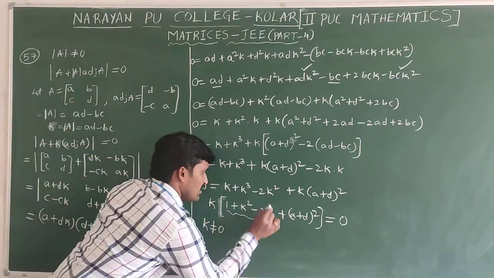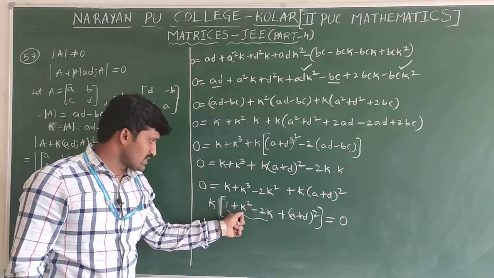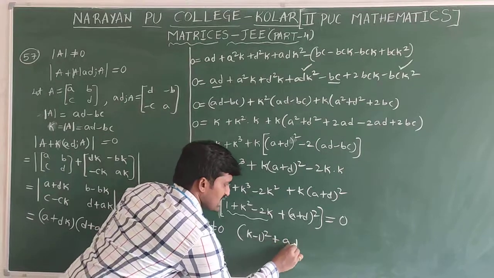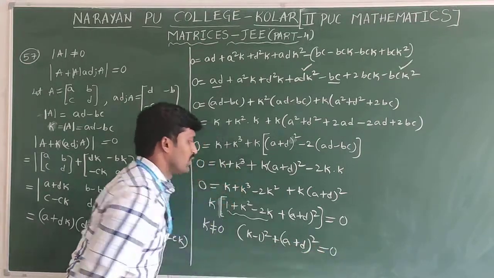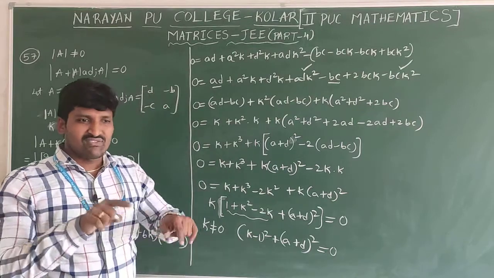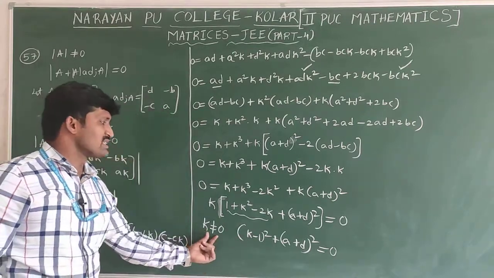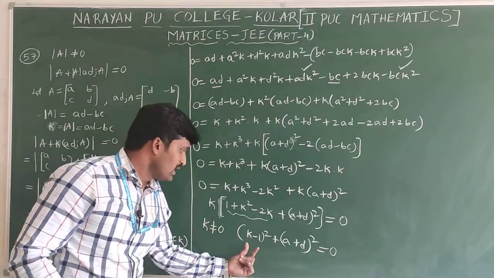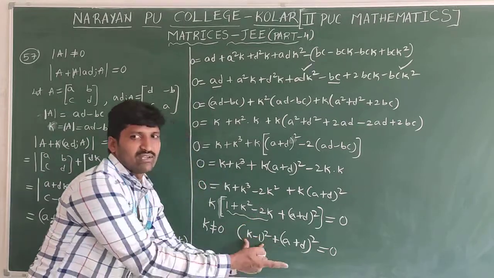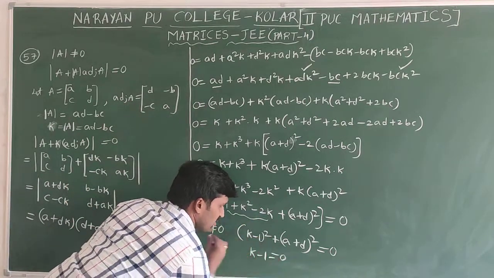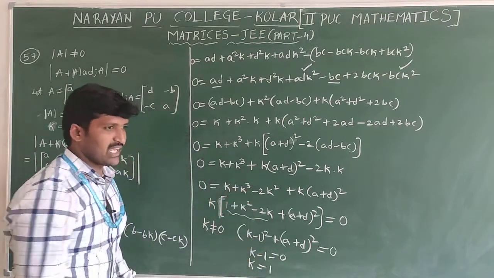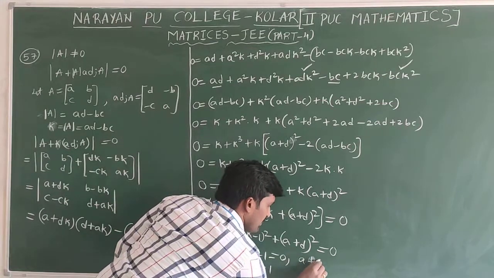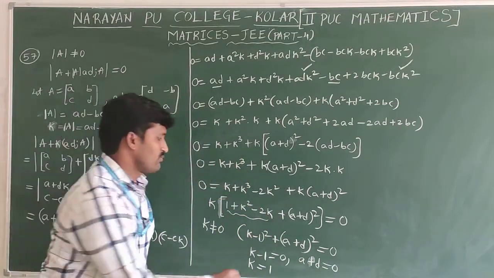Next, in this, it is like the (a minus b) whole square formula, a square plus b square minus 2ab. We can write this as (k minus 1) whole square plus (a plus d) whole square equal to 0. Both are perfect squares only. When this becomes 0, k is compulsorily not equal to 0, k meaning the det A value. Now we compulsorily need to consider this is 0. This is 0 only. When this is 0, how much will k be? It will be 1. That's why clearly k minus 1 is 0. From this, the k value is 1, k meaning the det A value. After taking k as 1, how much will we get? Which is 0, so a plus d becomes 0.